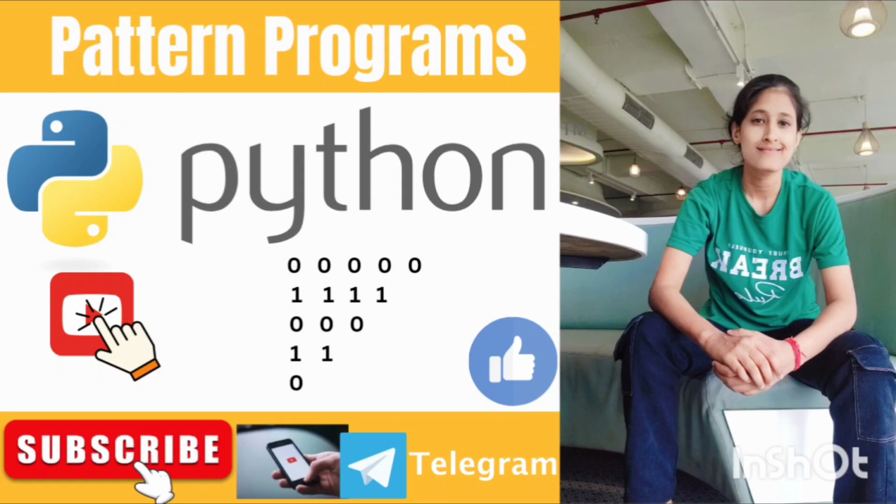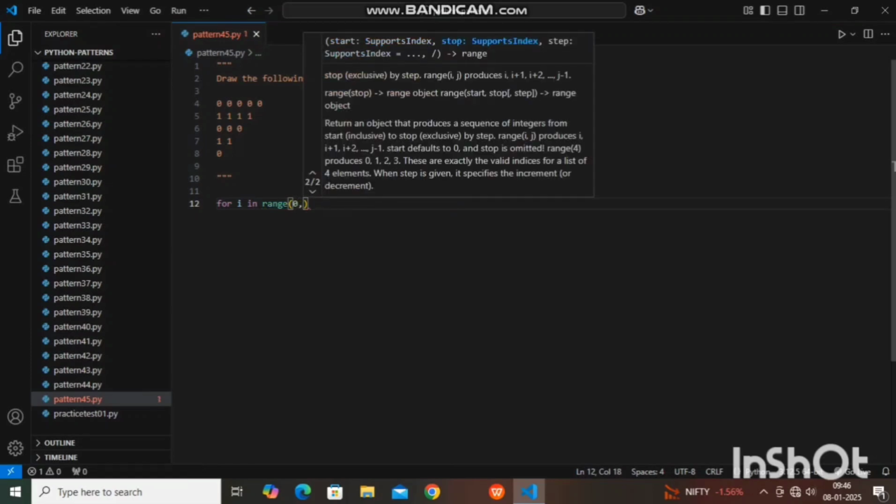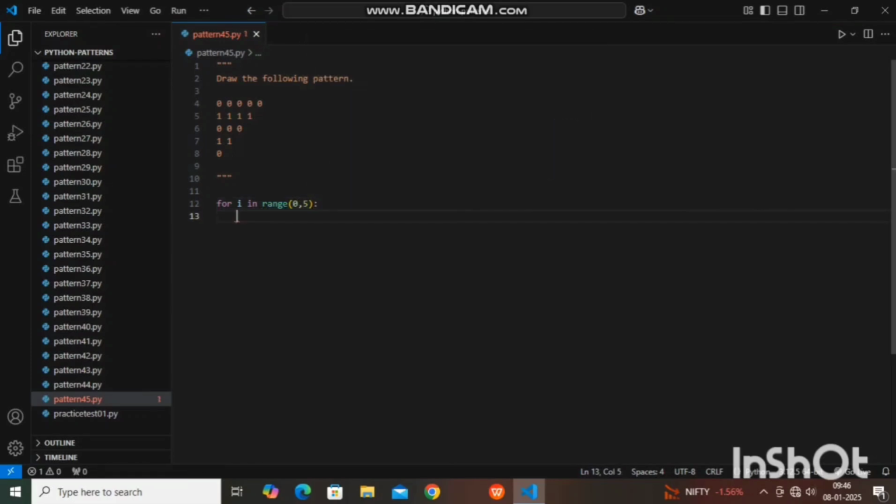Today I will discuss this pattern, and in this pattern we used a nested for loop to understand it. Firstly we create an outer for loop, and in this outer for loop we take 0 as the lower limit and 5 as the upper limit. Inside this outer for loop we create another for loop, called the inner for loop, and in this inner for loop we take 5 as the lower limit, i as the upper limit and -1 as the